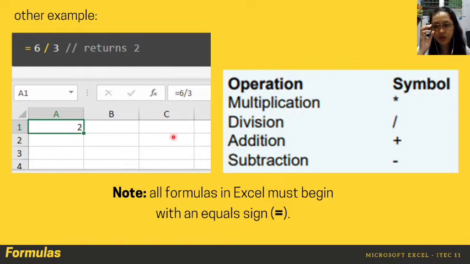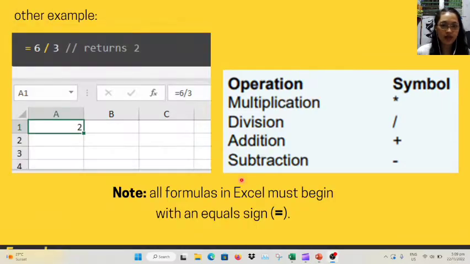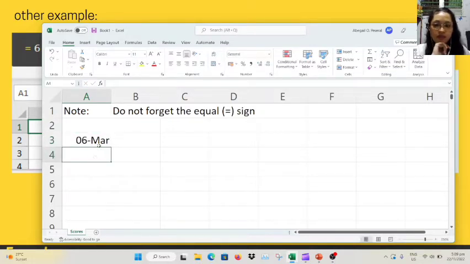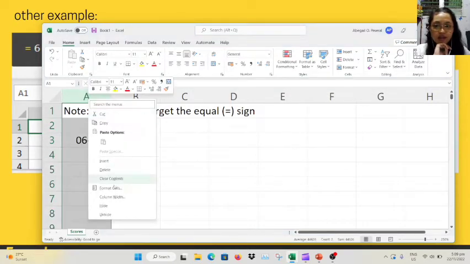So another example, we have this one, the division operator. Note all formulas in Excel must begin with an equal sign. So do not forget to write the equal sign. Let's say, for example, I'm going to have this one, 6 divide 3. If I do not put an equal sign, this is what comes out. You will notice that 6 becomes like this because this one, we have to format. So again, if you remember the format cell